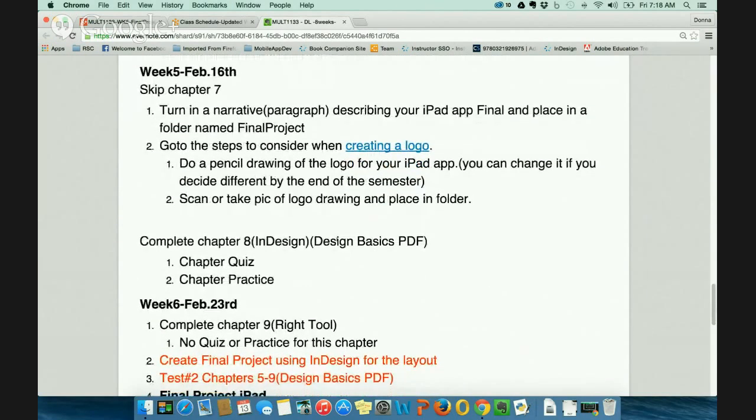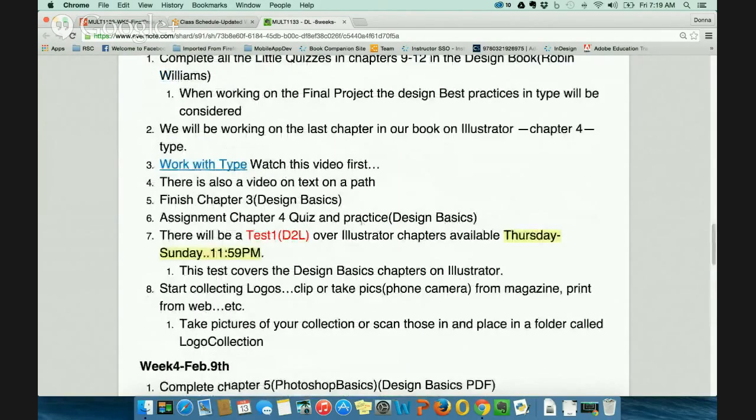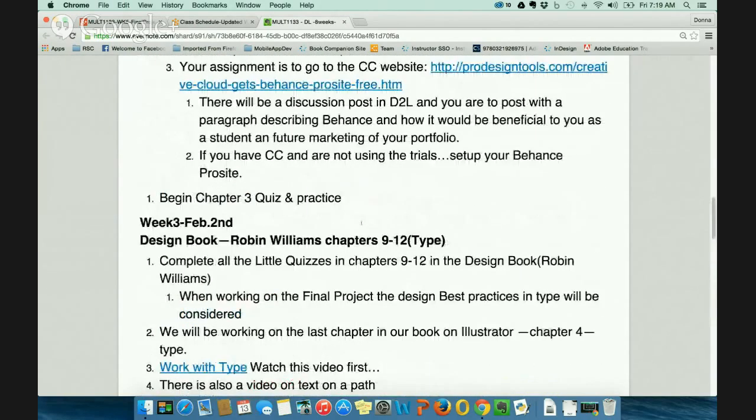All right, and then the second part of the week will be to complete Chapter 8 InDesign, and it's again still in the Design Basics PDF, and do the chapter quiz and chapter practice as you've been doing in those chapters. This InDesign is really important, and if you need to look at some of the tutorials, just remember, for every one of these pieces of software that we're using, I gave you a link at the top when we first started Illustrator